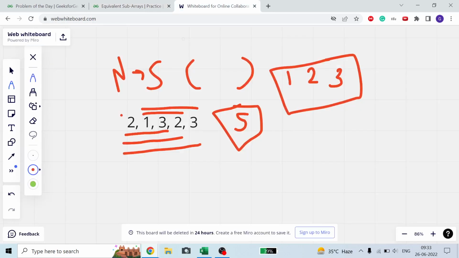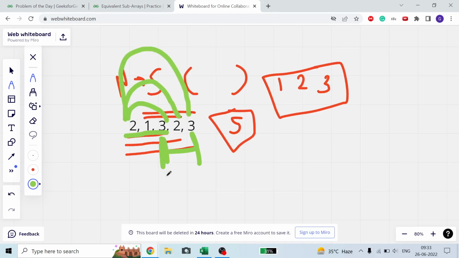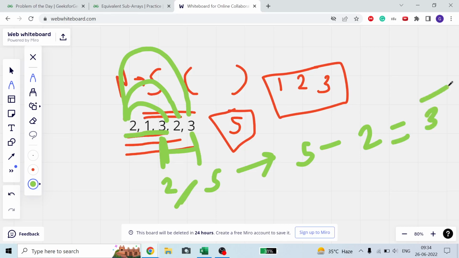Okay guys, here you can understand one thing. If once I find a subarray which contains all the different elements, then from that point to the end of my array, all the subarrays are possible, like from here to here. These three subarrays mean this is my ending point index, and the length of the array is 5. So if I found an ending point, I can say length of array minus ending point is equal to 3. So I have 3 different subarrays.